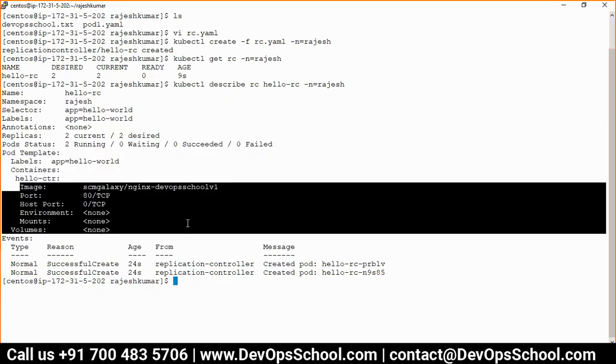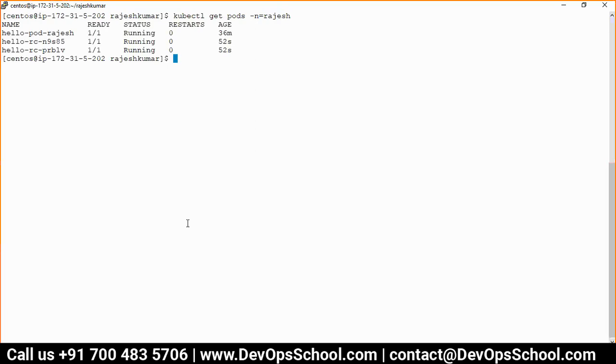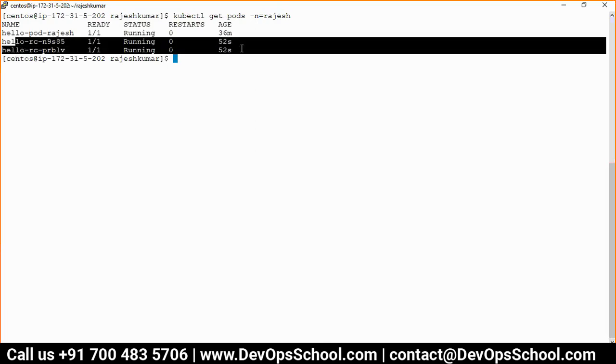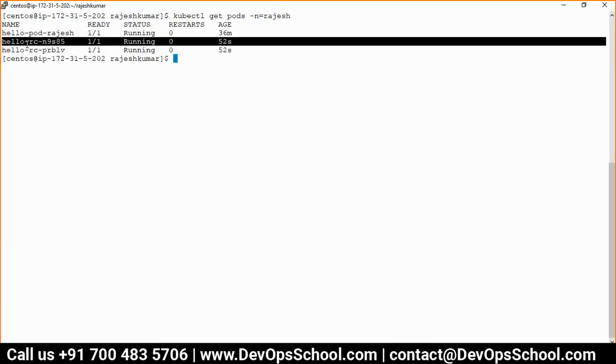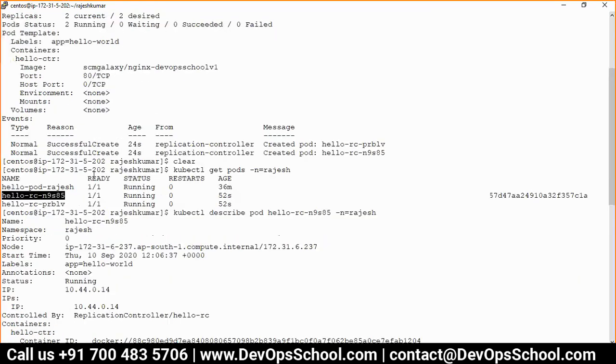Okay, now can I see this pod? So kubectl get pods -n Rajesh. See here, these 2 pods are controlled by a replication controller. Can I describe this? So kubectl describe pod, this one, -n Rajesh. See here. Look at this, guys.